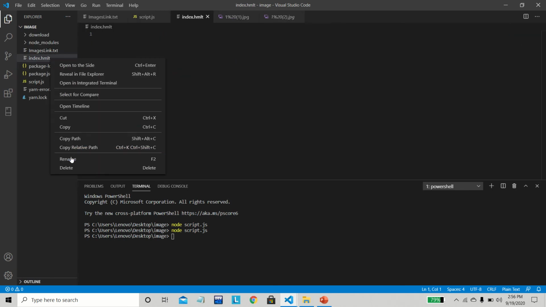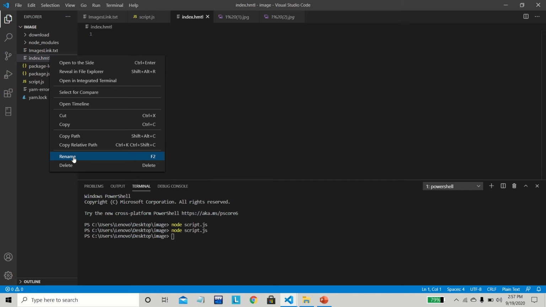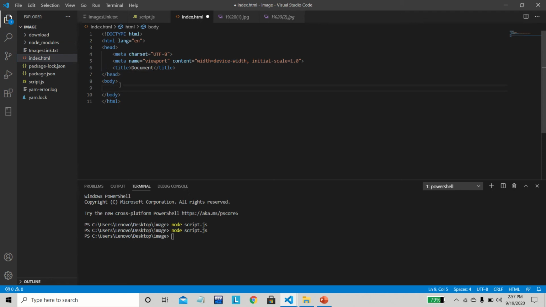Okay, so to create an HTML form, we are creating just a simple one. Okay, so now this is the basic template. For getting the basic template, just type exclamation mark and enter, and you will get the basic template.